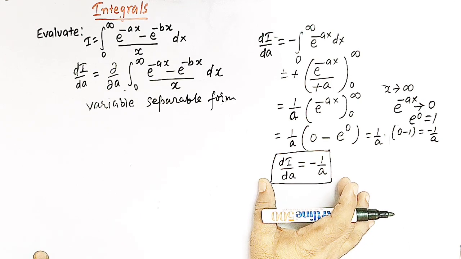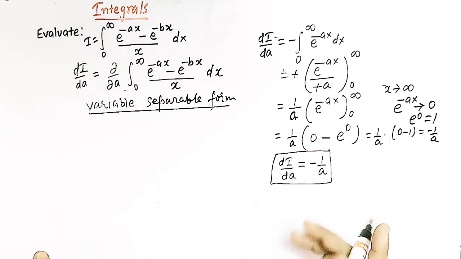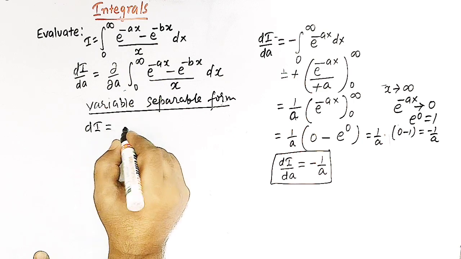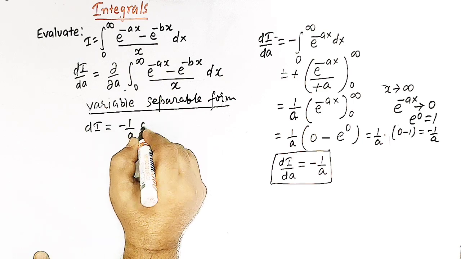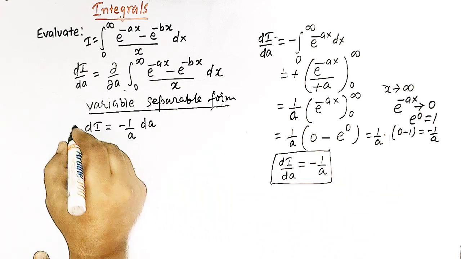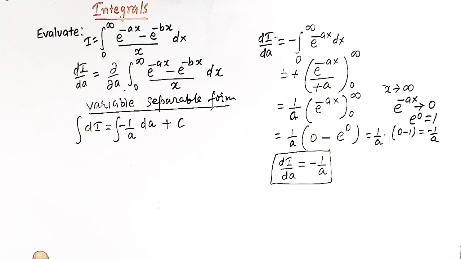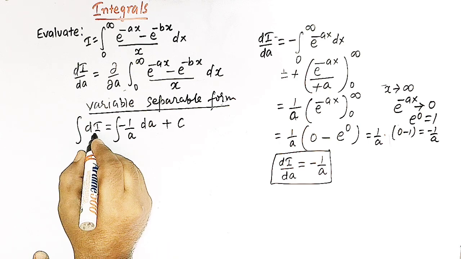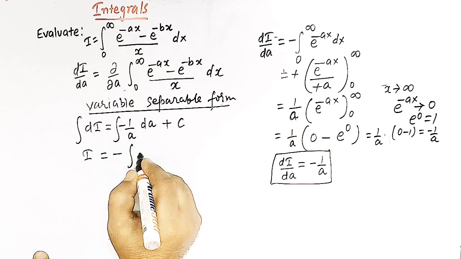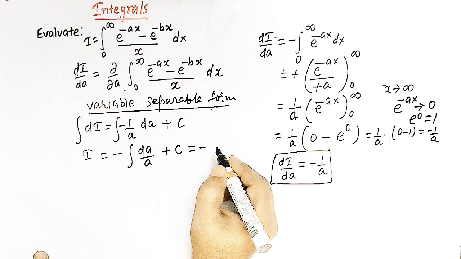So now this is a variable separable form of differential equation. Separating the variables, we have dI, and here we have minus 1 over a dA. Now integrating both sides, and here we have c as the constant of integration. So here we have I, and here we have minus integral dA over a plus c,